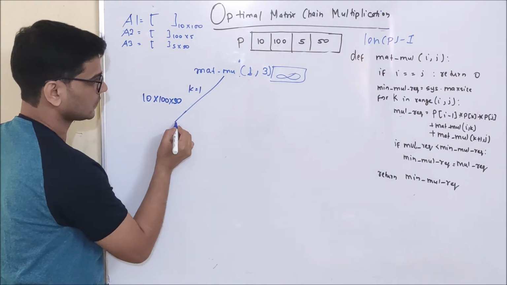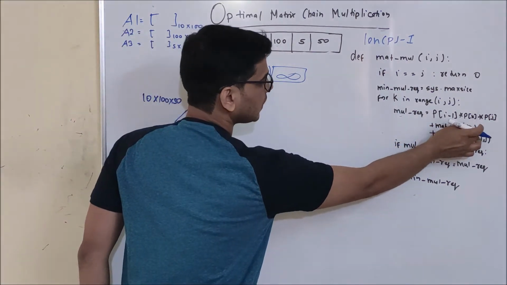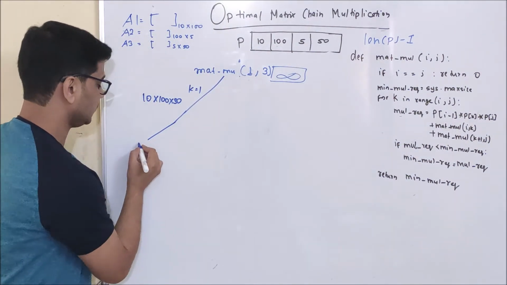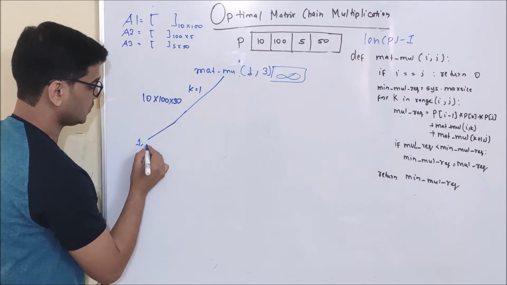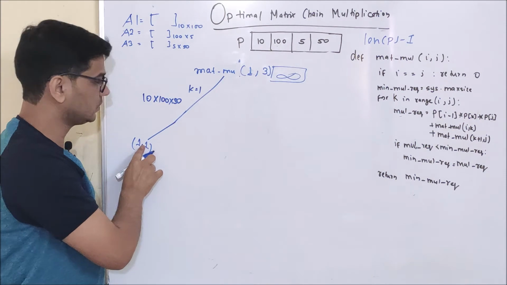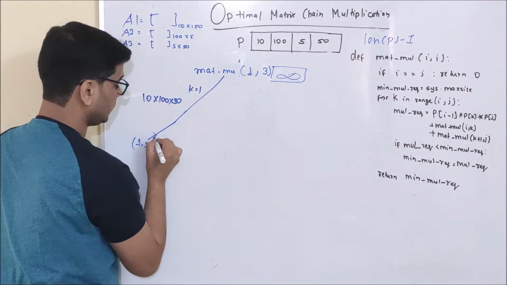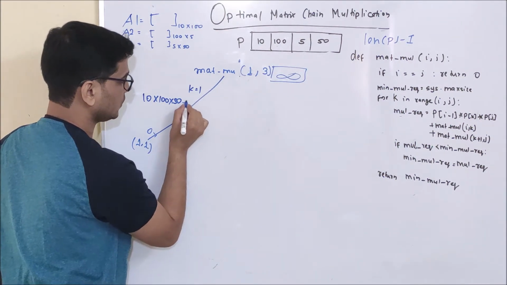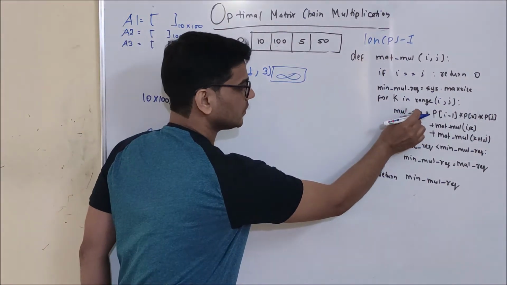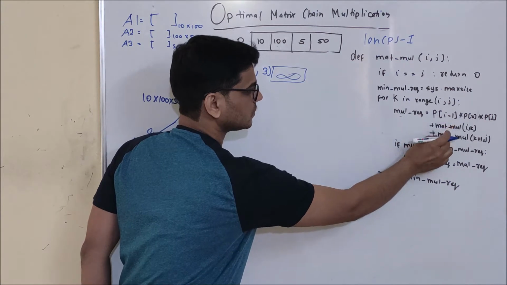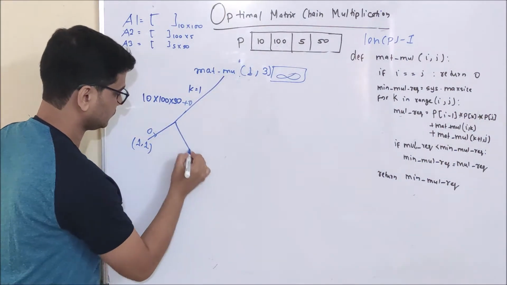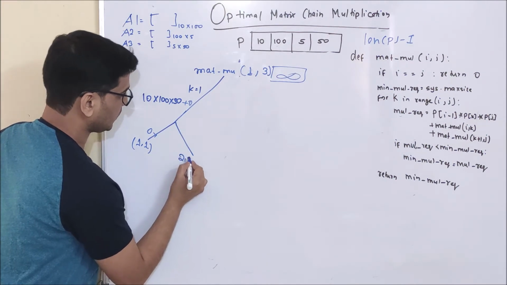Then this particular function, matmul i, k, will be called. And i is equal to 1, k is equal to 1, so 1, 1. Then this particular function will go for its execution, and this condition will be true. It is going to return 0 from here. So this plus 0. Now multiplication required is equal to this plus this. Now we have the answer of this, and this will be called. So 2, 3 will be called.